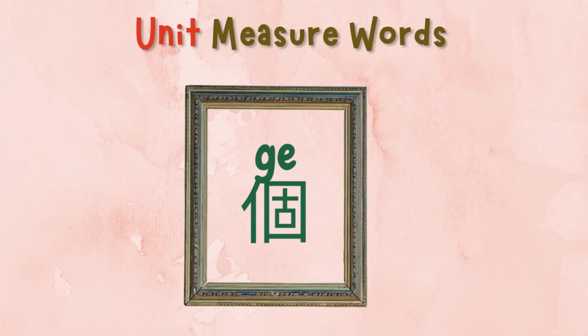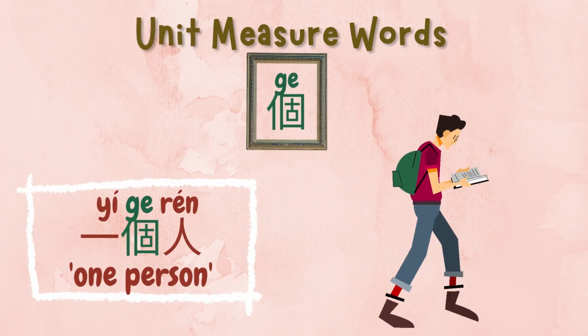There are countless measure words in Chinese, and here we will just introduce some of them and list some of their examples. The first one is 个, which is the most common measure word in Chinese. In general, if you are unsure of which unit measure word to use, you can use 个, which is a catch-all unit measure word that can be used for most general objects.